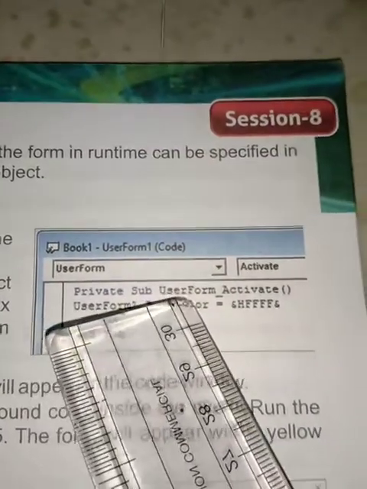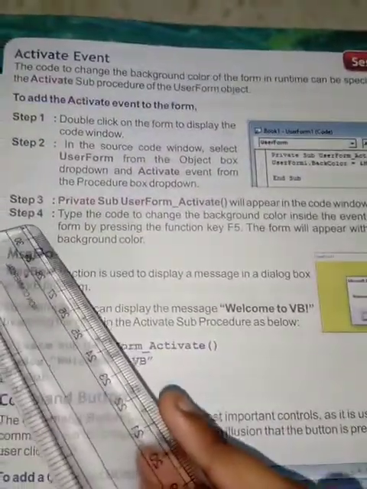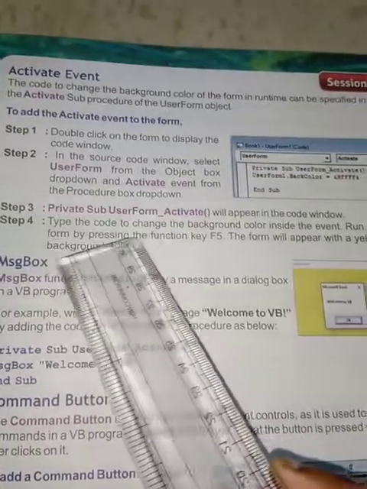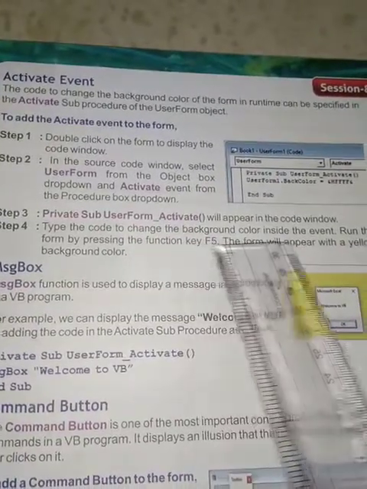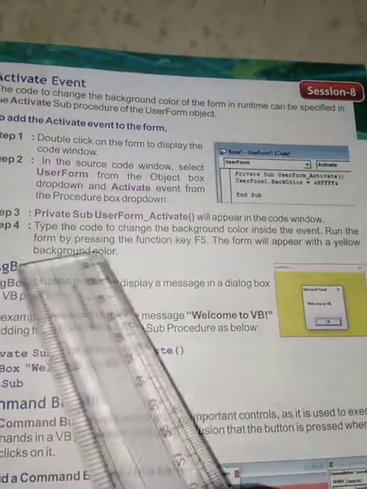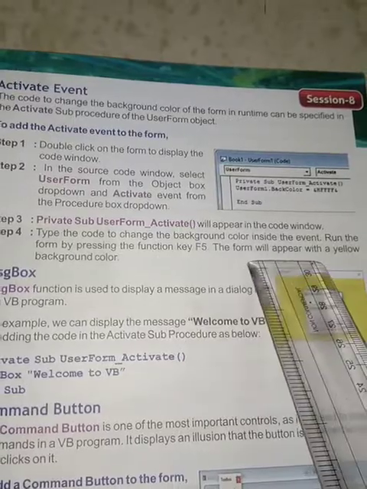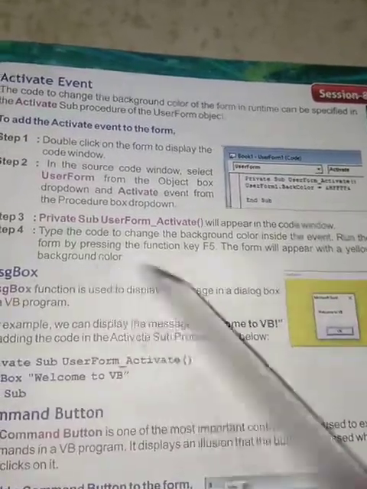Next, type the code to change the background color inside the event. Run the form by pressing the function key F5. The form will appear with a yellow background color.